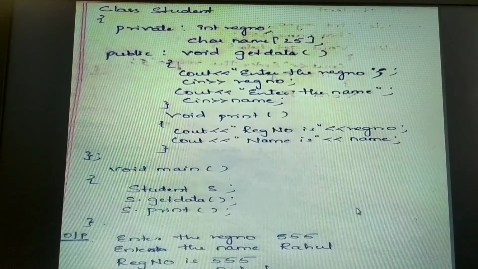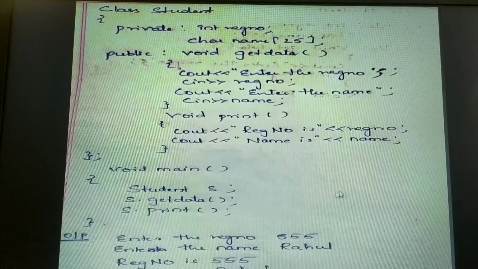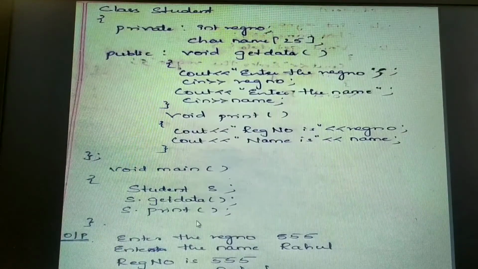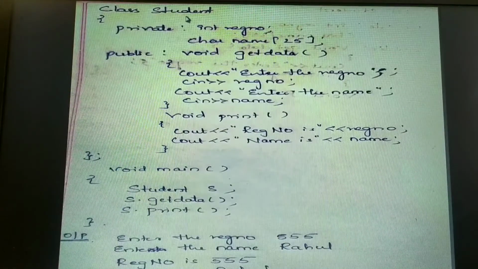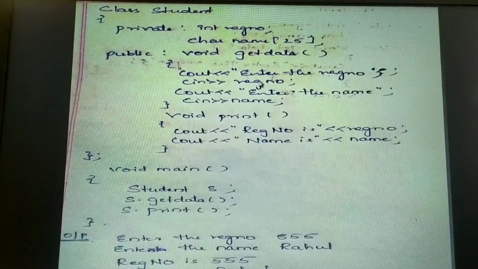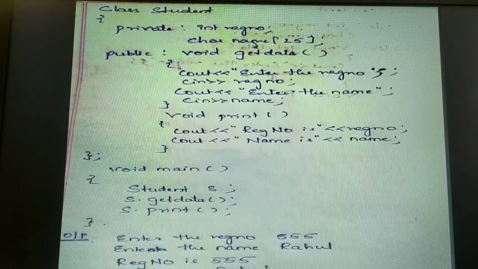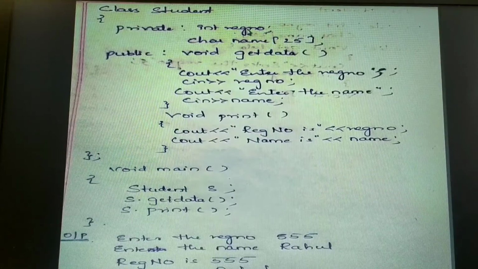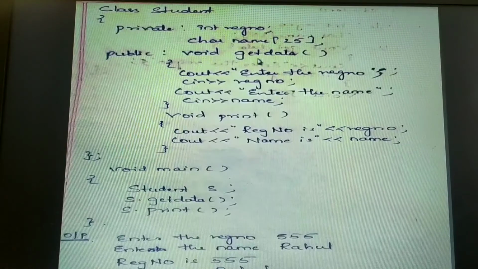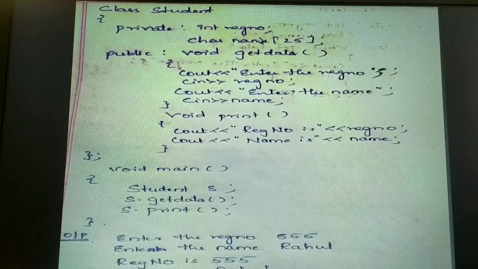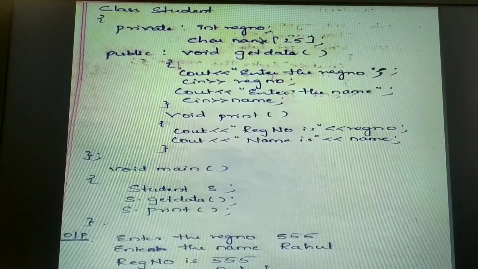Then the compiler will give an error saying that display is not a member function of the class Student. That means data encapsulation provides you one more property, that is data hiding or information hiding, so that the data members shouldn't be accessed outside the class. Only the member functions can access them. So this was all about data encapsulation, or data hiding and information hiding.